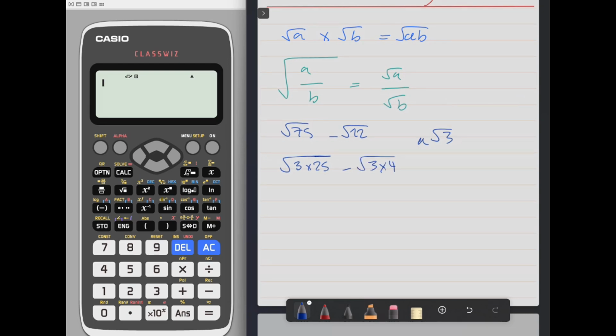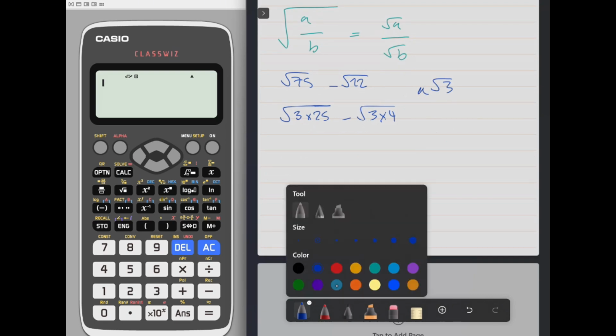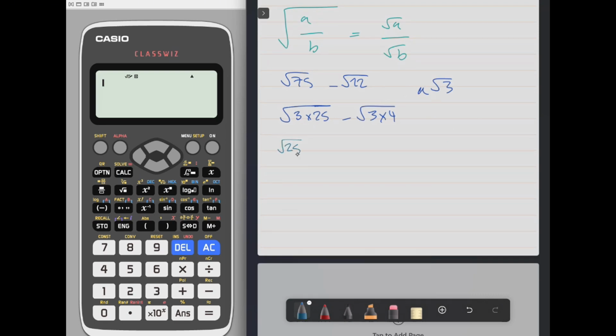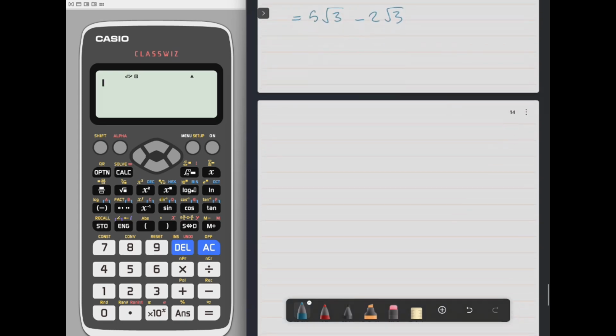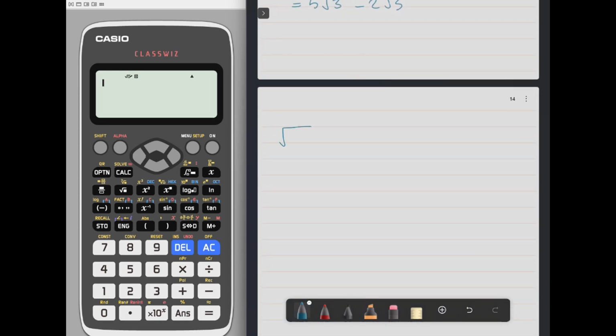And guys, as for the laws of indices, I know that the first one can be written as root 25 times root 3 minus root 4 times root 3. And this is simply going to be 5 root 3 minus 2 root 3. And it is very important, guys, to remember that if I have root x squared, the result is going to be modulus of x. What do I mean by modulus of x? If you don't know the definition of modulus of x,